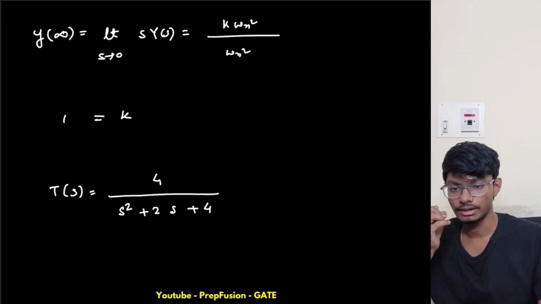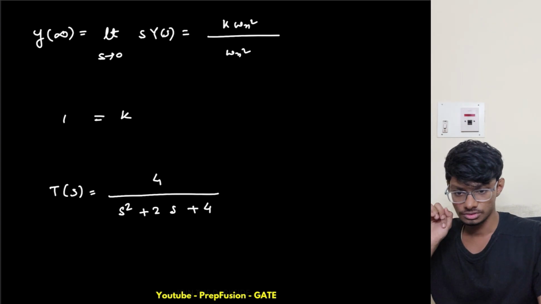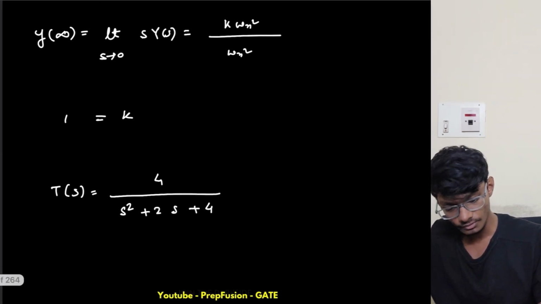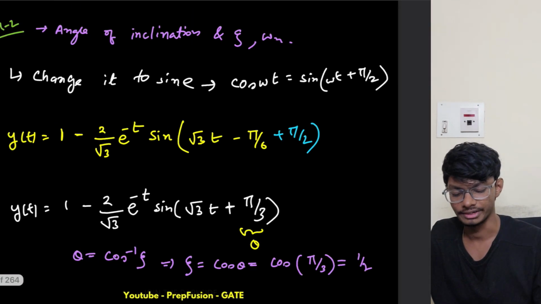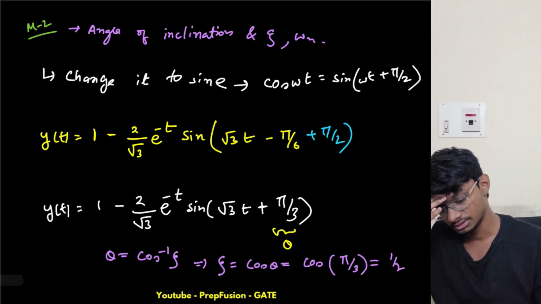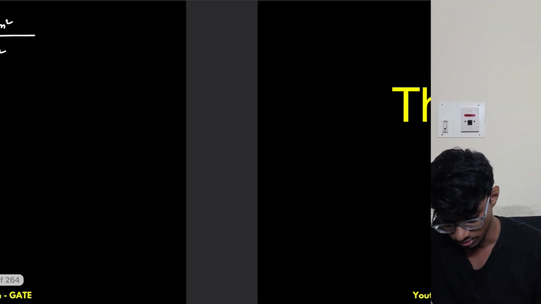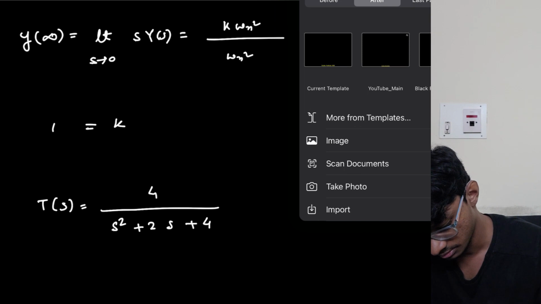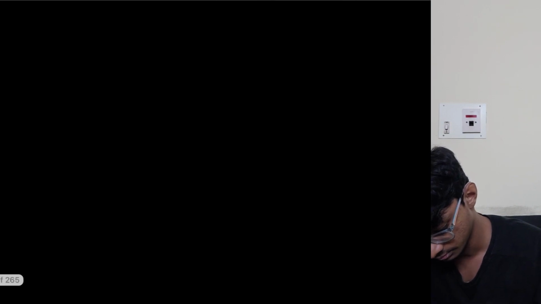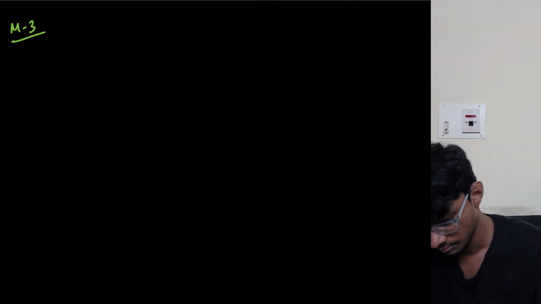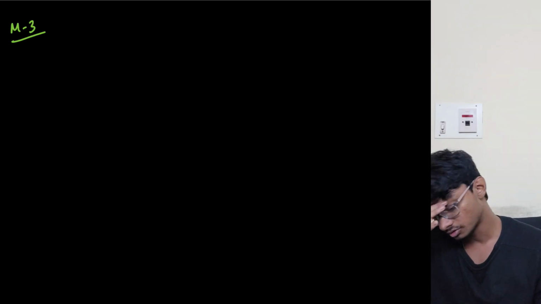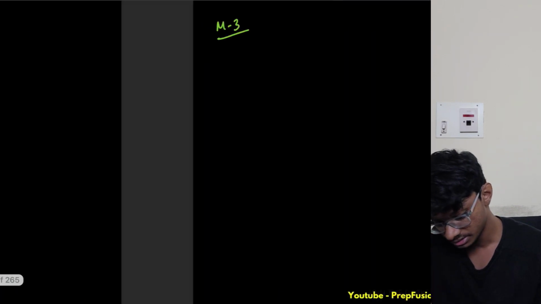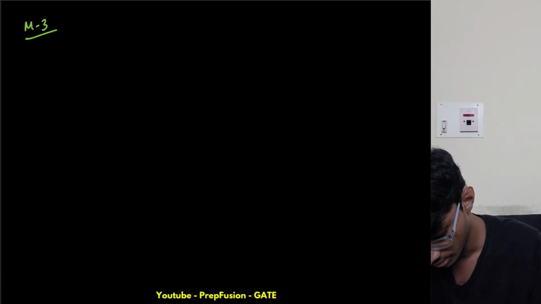So now, can I solve this using any other method? So there is another method, okay. The other method is basically with the help of omega d and omega n. Like this is my omega d, okay. So let me write this in the third method. So in the third method, how will you solve? Basically, omega d is root 3, okay. Omega d is root 3,